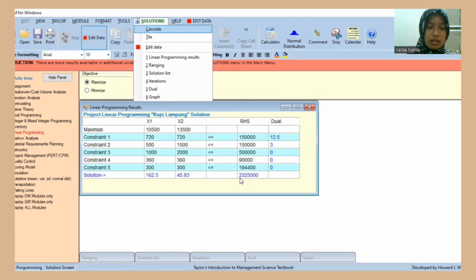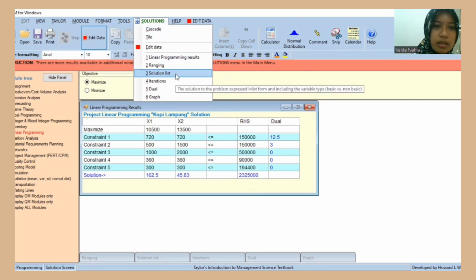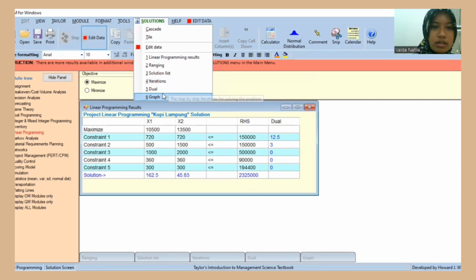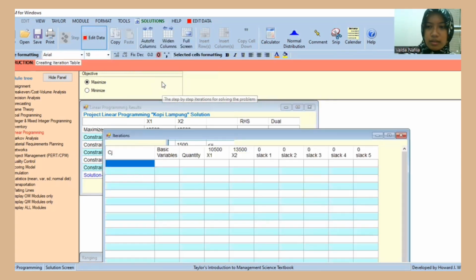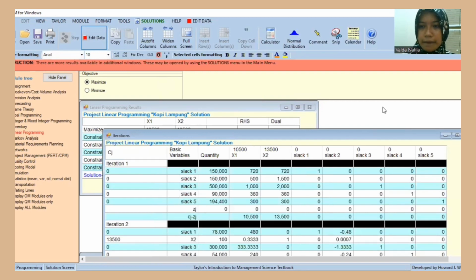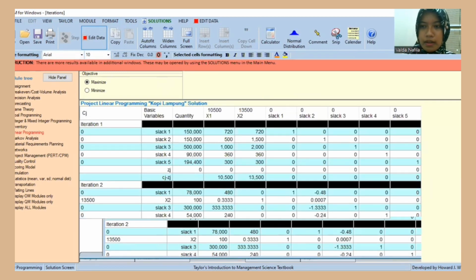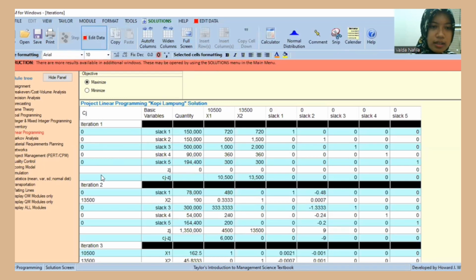Okay, and in here you can look at the linear programming results, ranging, solution list, iteration, dual, and graph. Okay, first we click the iteration, and this is iteration 1, 2, and 3.